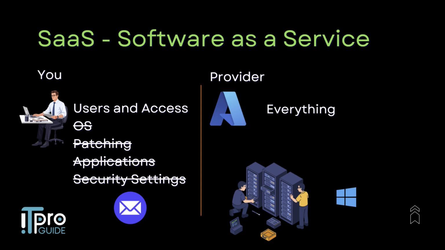Now let's talk about the third one, that is software as a service. We can also call it SaaS. So SaaS is the highest level of abstraction. You simply use the software. No servers, no OS, no patches. As an administrator, your responsibility is mainly user access, security policy, and compliance. So Microsoft 365, you can consider it as a SaaS because your responsibility as a Microsoft 365 administrator is user access, security policy, and compliance. You are not handling the lower layer of a mailbox database or the database availability, etc.